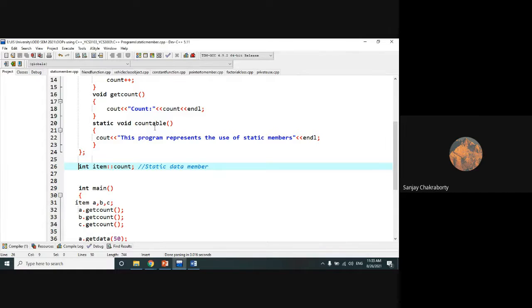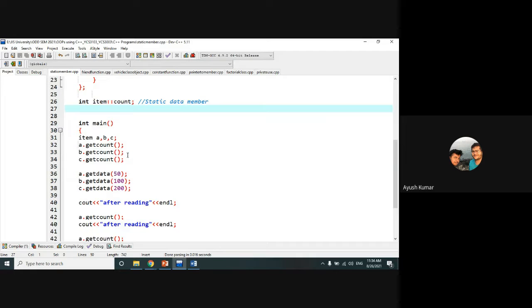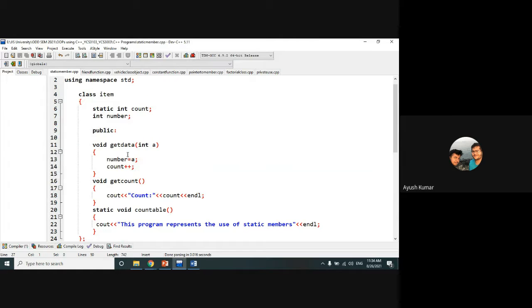This line specifies that it will initialize the value to 0. It helps to initialize the starting access of the static data member. It will connect the class with the static data member, initialized to 0. Understand? Okay, sir.